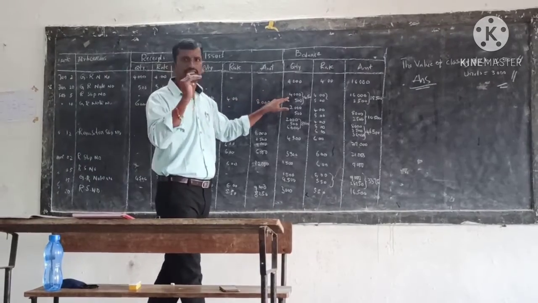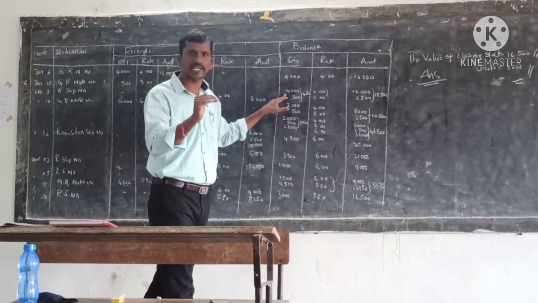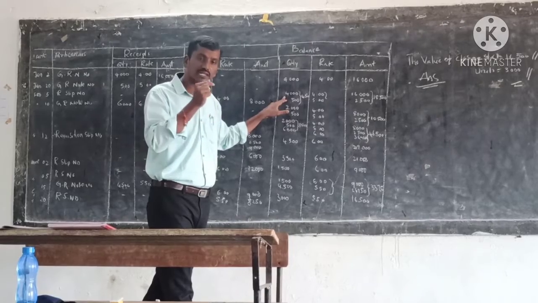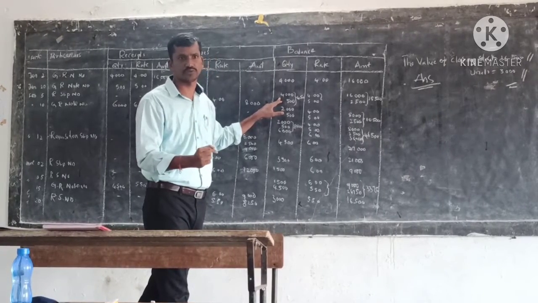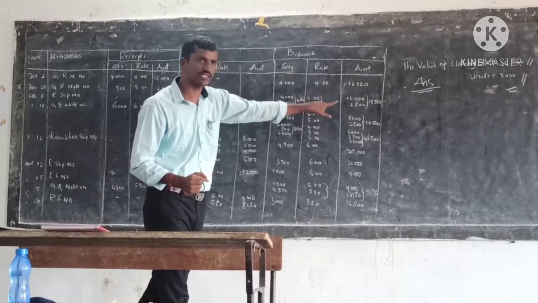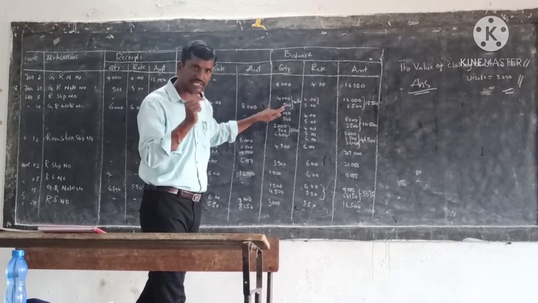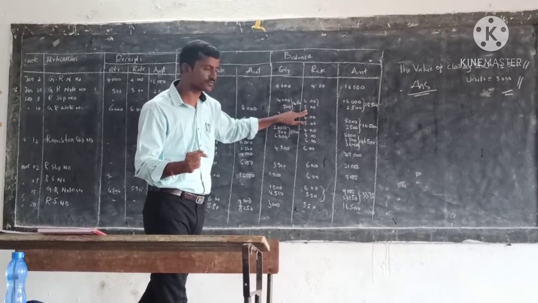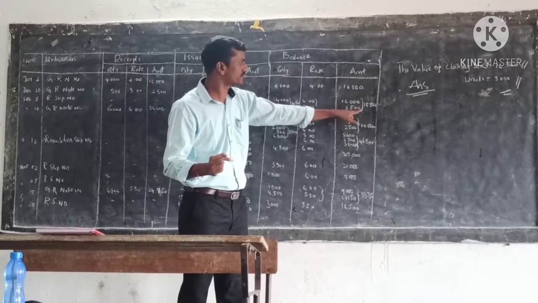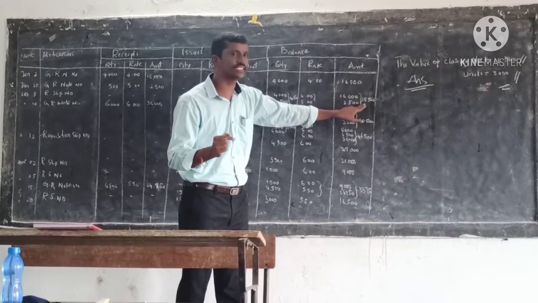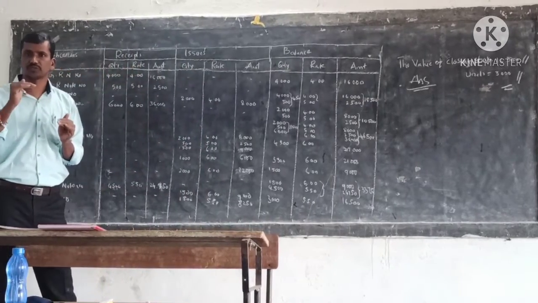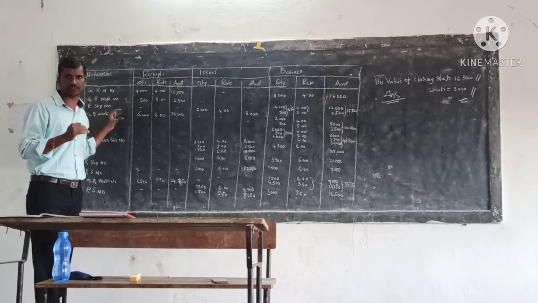Then you go to the balance column. In the balance column you write the previous quantity as well as the quantity received today. So 4,000 units at the rate of 4 rupees comes to 16,000. Then today we have received 500 units at the rate of 5 rupees. That is 2,500. So the total worth of stock is 18,500. So this is with regard to whenever we receive the goods, we have to follow this procedure. Okay.